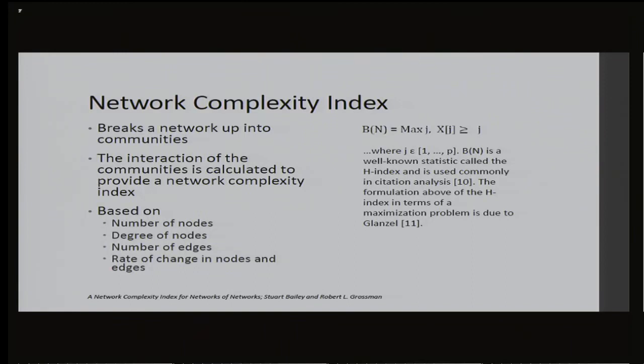Essentially, this formula or this index tries to calculate or figure out the interaction between communities within a network. So imagine you have a great big pool table, the world's largest pool table, and you have all these pool balls wandering around quasi-randomly through some magical force. So what Network Complexity Index does is it says, I can place a grid over this pool table and I can kind of figure out where the communities lie and I can figure out the interaction between the communities or the grid markers, and that allows me to figure out what the complexity of the network is.